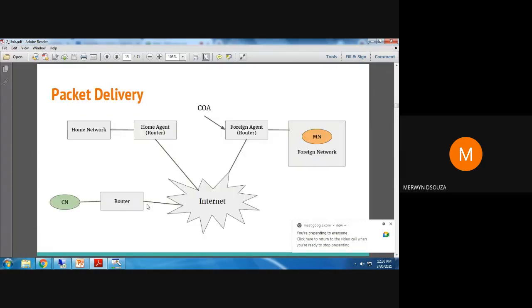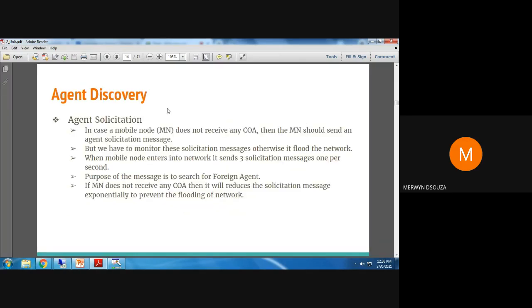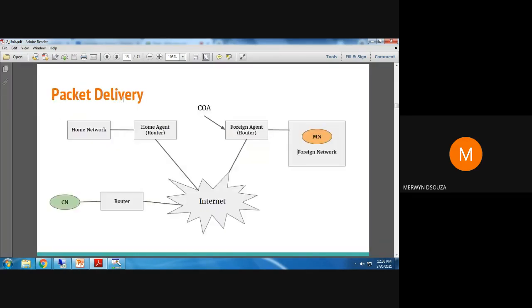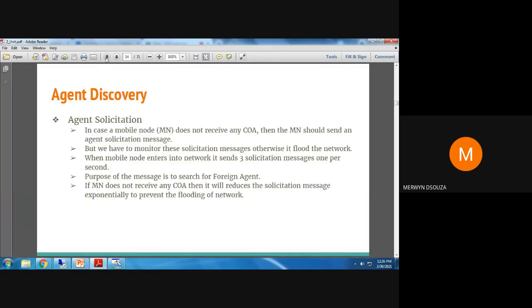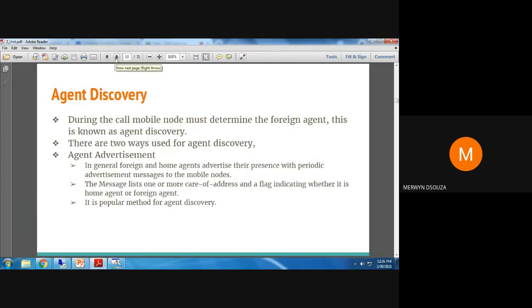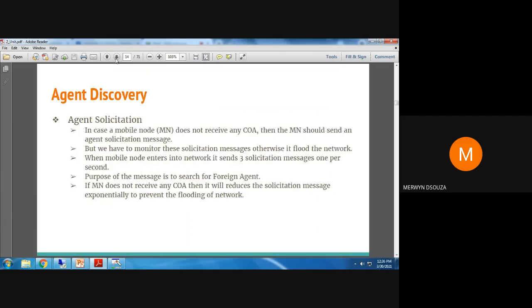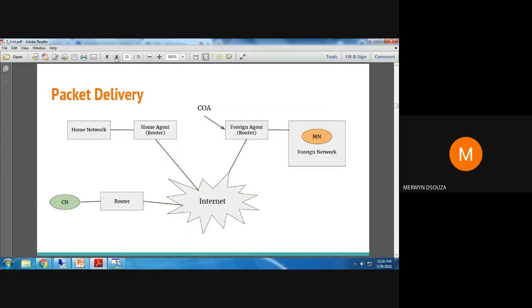Okay. So basically, we saw the packet delivery today. Hopefully, everyone has understood this. It's an important question. The question on agent discovery is very important. It's an 8 marks question. You have to explain both the methods if it is asked. Sometimes they may ask you only one of the methods for 5 marks or 3 marks, then you have to explain only that much. Look at the question and answer. But it's an important topic.